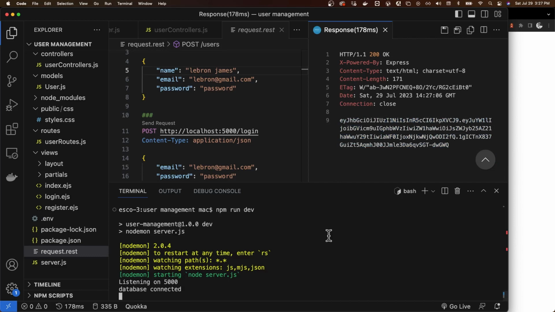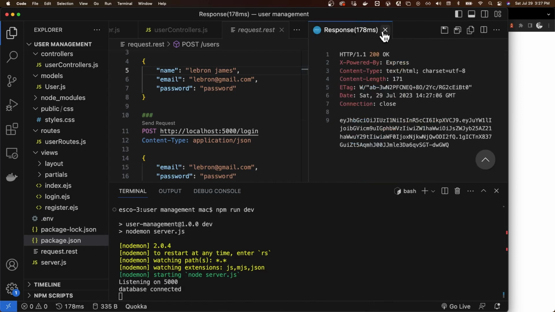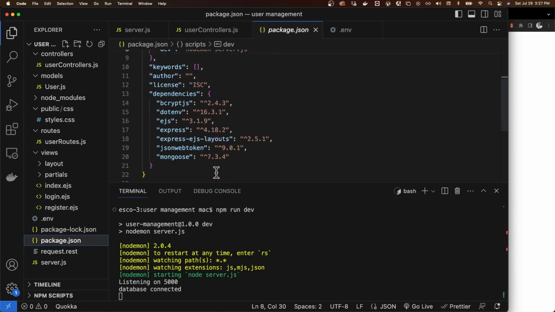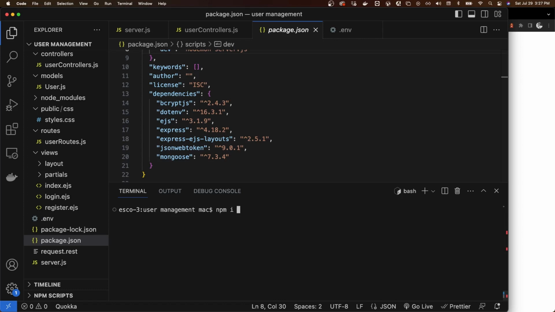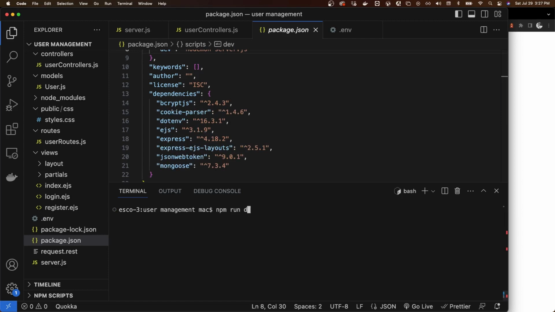Okay, so from there, let us also set the cookie by having to use the cookie parser. Let's check our package.json if we have the cookie parser installed. Did we install the cookie parser? No. So let's just restart the server, and then we say npm cookie-parser to help us store cookies. All right, let's clear. Npm run dev